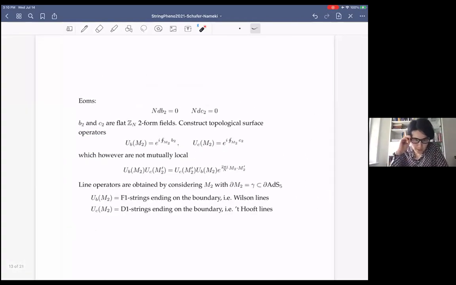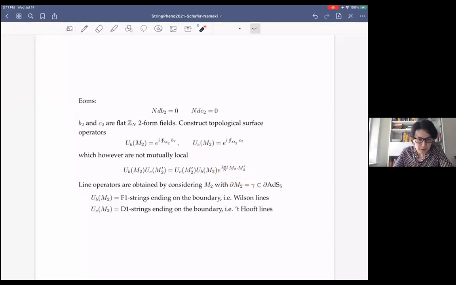Looking at the equations of motion, first of all, they say that N dB2 and N dC2 are 0. So these are actually two Z_N two-form fields that are flat. We can use them to construct topological surface operators. If M2 is a surface, I can integrate and exponentiate, and these become topological surface operators. I'll call them U_B and U_C. And these actually are mutually non-local. As we exchange them, they pick up a phase, which depends on N,